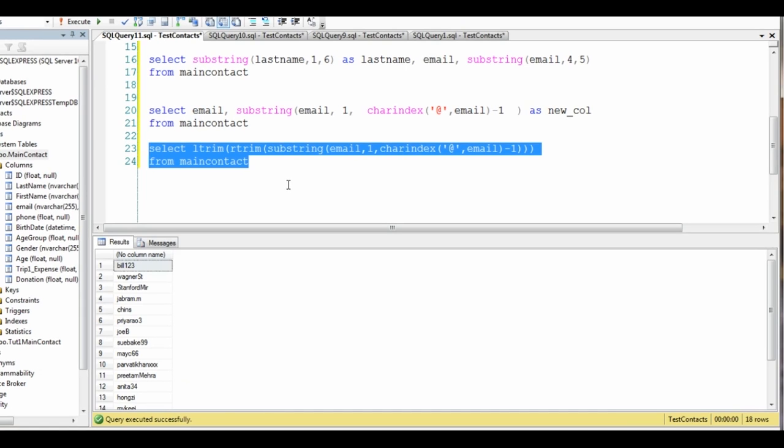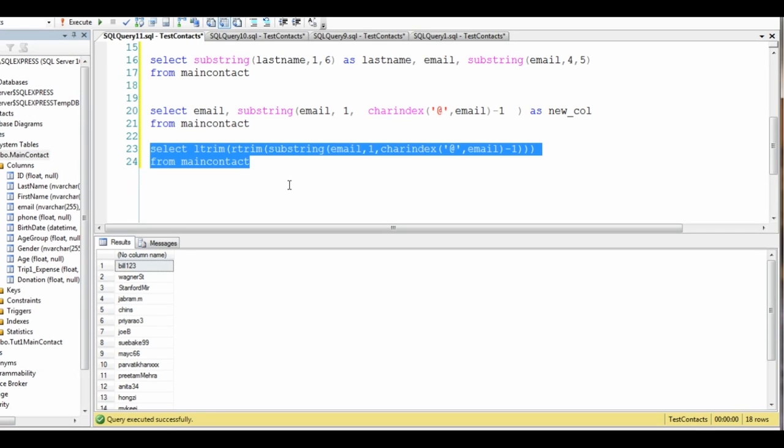Please try out as many examples as you can, because this is one of the most important functions that I have used a whole lot, and it comes in handy if you know how to do this. So with this we are going to end the lesson,